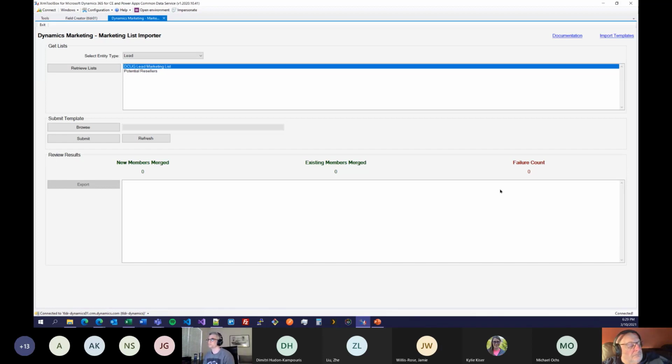I'll add them in. But what it will do is when you import the CSV, it'll just go through, and if there's a contact or if there's a lead that exists, stick it in the marketing list. Don't make a duplicate. If the account has a name, because we always get string or text names for accounts. If there's duplicates, then go recurse to the parent and assign it there. And then just add them all into the marketing list, and then they can pipe that into Dynamics marketing segments